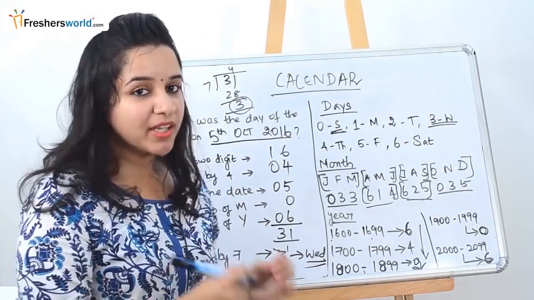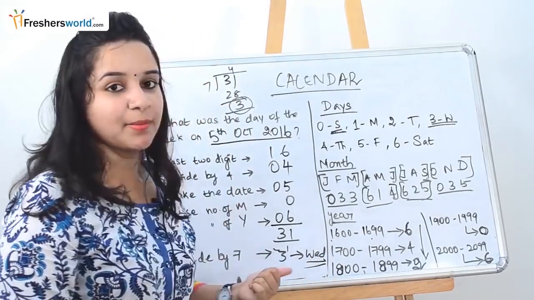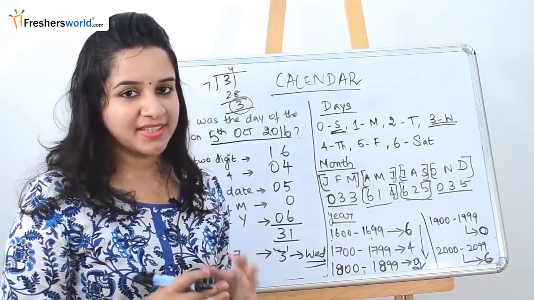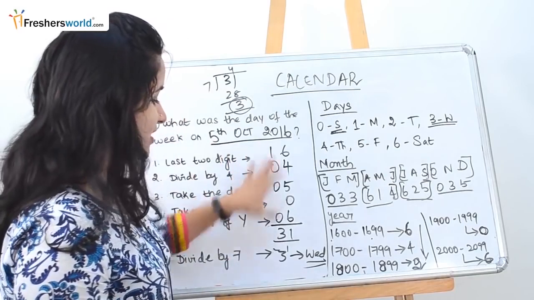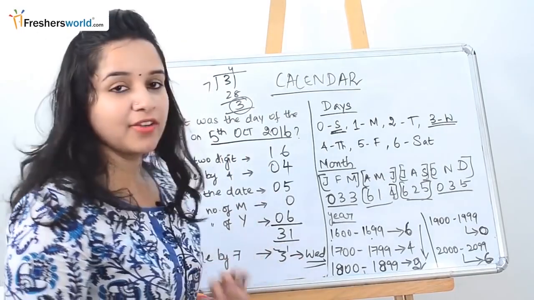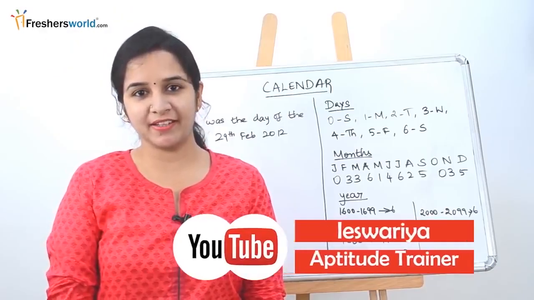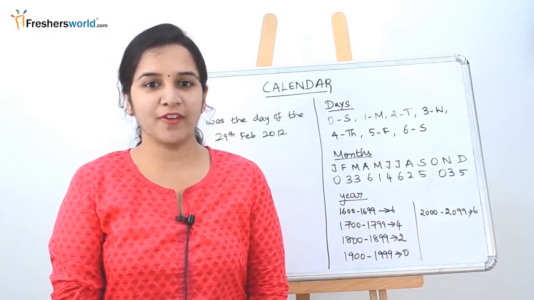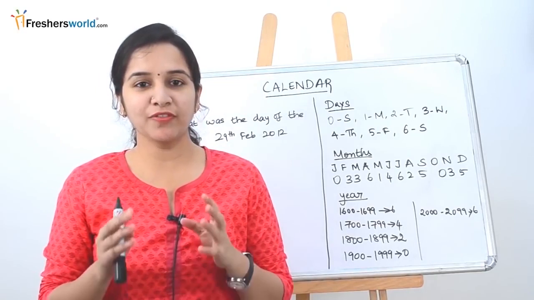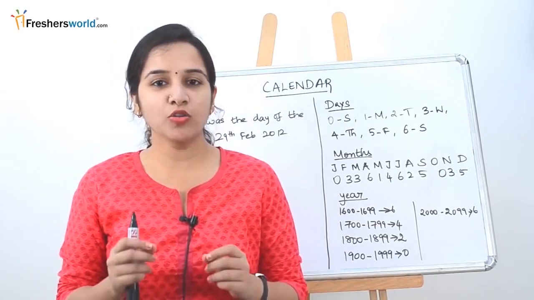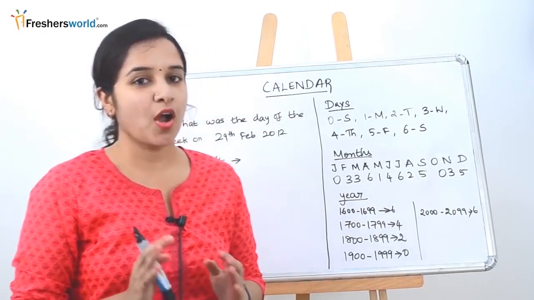Now we can see how easily we solved this sum. Once you practice 3-4 sums on the same topic, then easily within seconds you can do it. You know the steps, you just substitute the values, and you can easily find the answer. In the first part of the calendar problems, we found how to find the day for a normal year. Now in this type, we are going to start discussing how to find the day for a leap year.